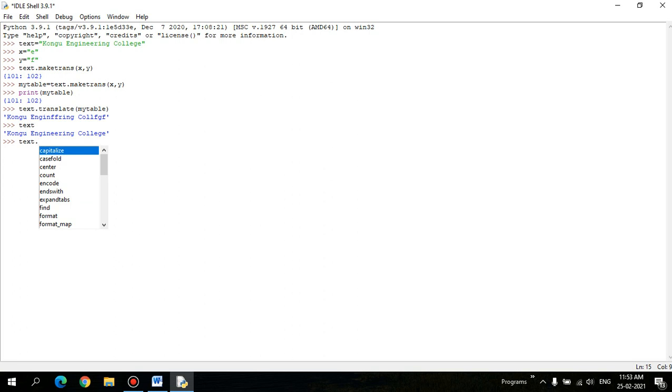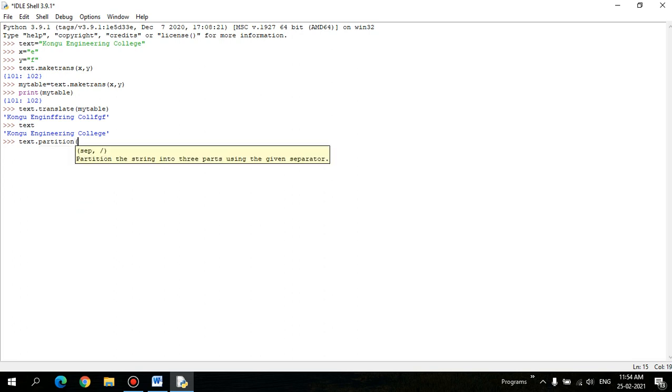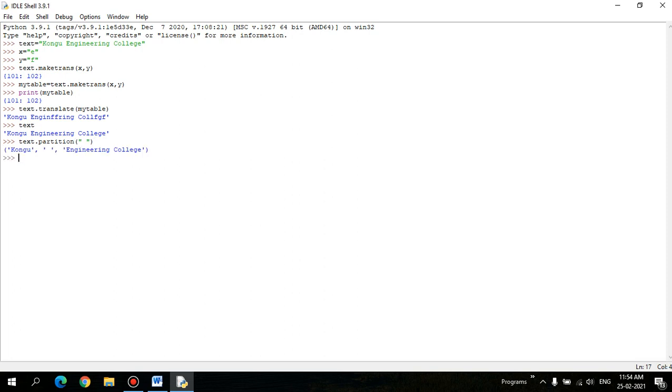So text dot partition is another function. It accepts a separator, and let's take a space as the separator. It returns a list.